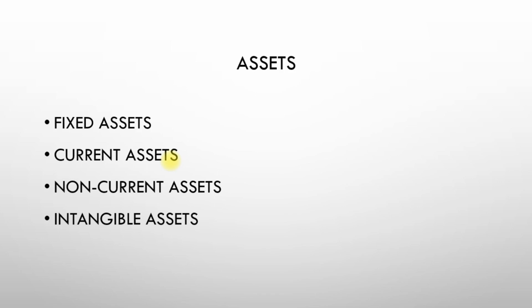So examples of fixed assets may be land and building, plant and machinery, vehicles, capital work in progress, furniture and fixtures, etc. So that is a fixed asset, which is listed in the balance sheet for a manufacturing concern. Current assets, what are they? That is the next type of asset. These are held in possession for a maximum period of 12 months and are subsequently converted into cash during